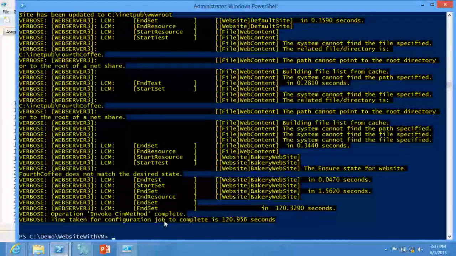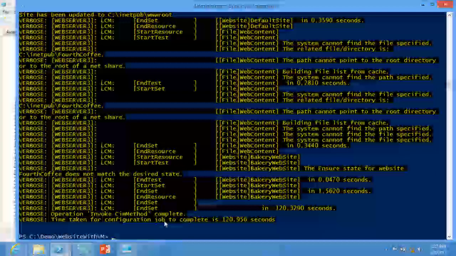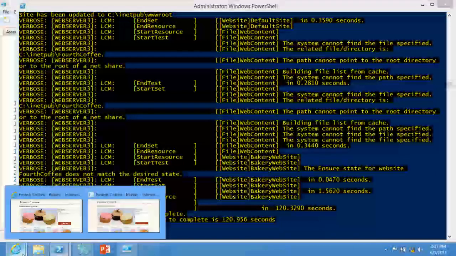People start down the declarative model. They get so far, and then they say, oh, we need to add some imperative. Oops. In this case, we've actually flipped the opposite. We've got imperative and then added declarative. Either way you get there. So here in theory it's completed. Well, let's see what we've gotten.